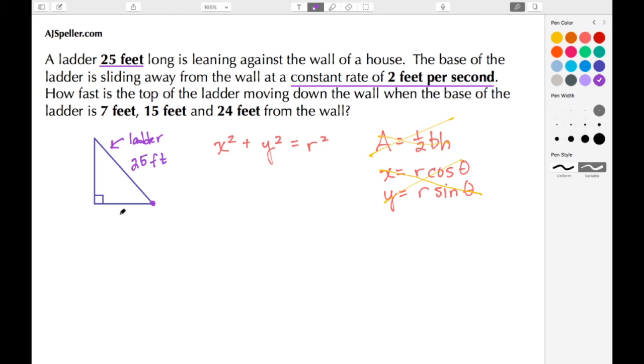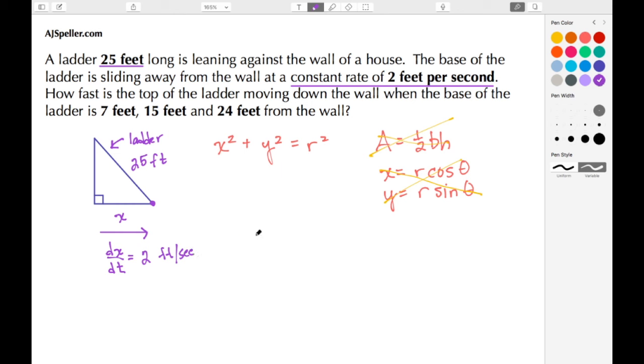So we're going to label the bottom of this ladder, the ground of this right triangle, x, and as we said, it's moving in that direction. So here we can say that the change in x over time, dx/dt, is the same thing as 2 feet